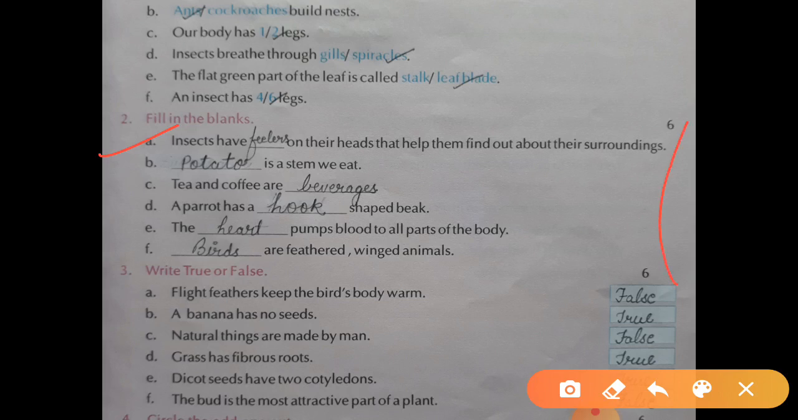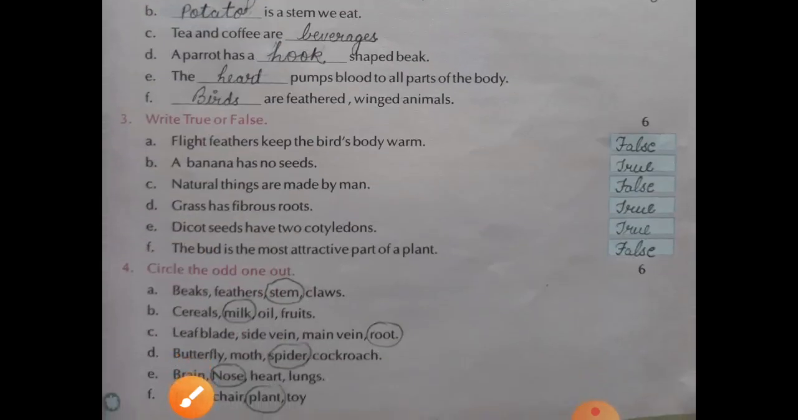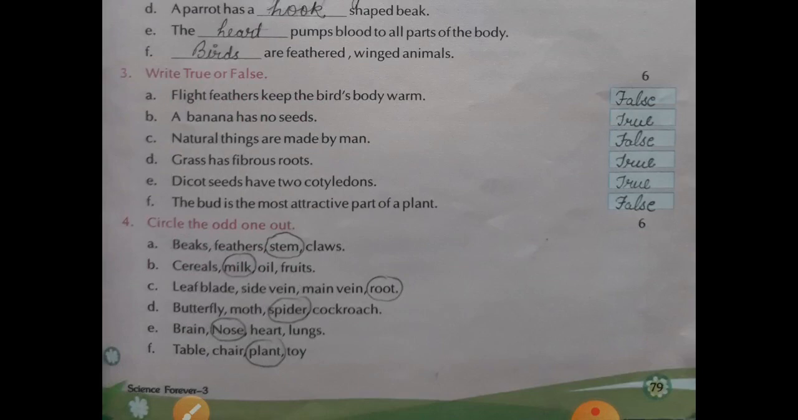Now true false. Flight feathers keep the body warm. False. A banana has no seed. True. Natural things are made by man. False. Grasses have fibrous root. True. Dicot seeds have 2 cotyledons. True. The bud is the most attractive part of the plant. False. So in this way you have to write all the answers. Now circle the odd one. Beak, feather, stem, claws. So here you have to choose stem